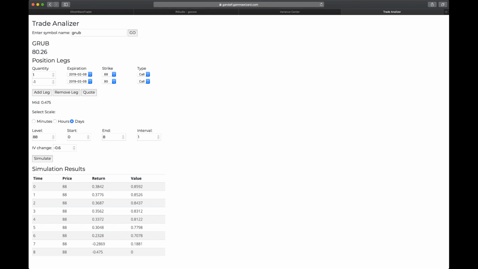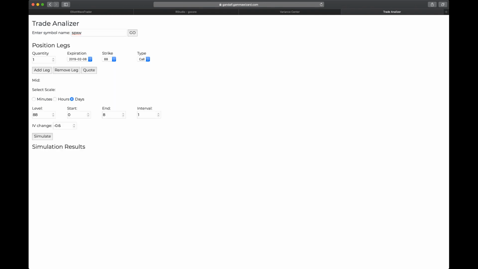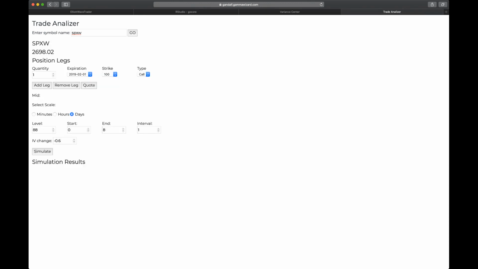Let's do a butterfly for the stock market, so you know how a butterfly works. Let's do XPXW. I just click go, but it takes a little longer to load because the option chain is gigantic. But let's do, for instance, a butterfly for next week. Let's do a butterfly for next week. And let's do a 20 wide butterfly around